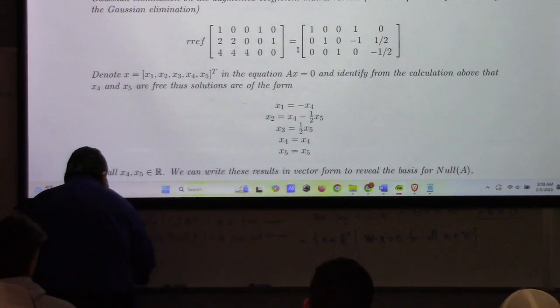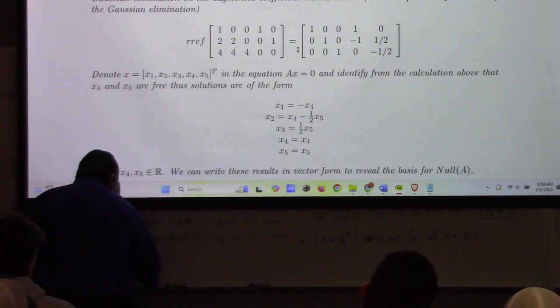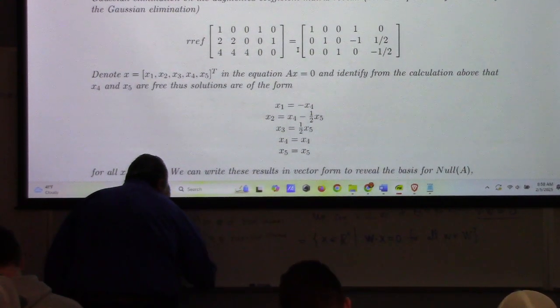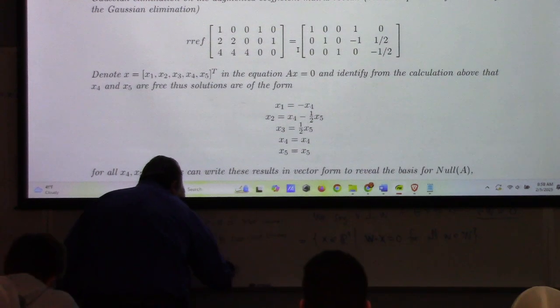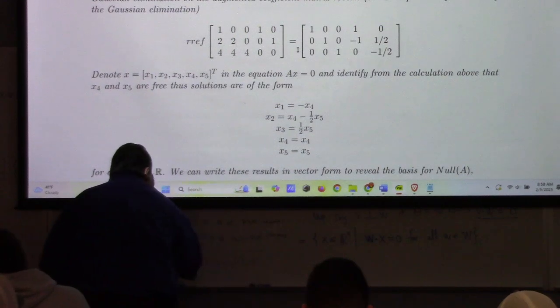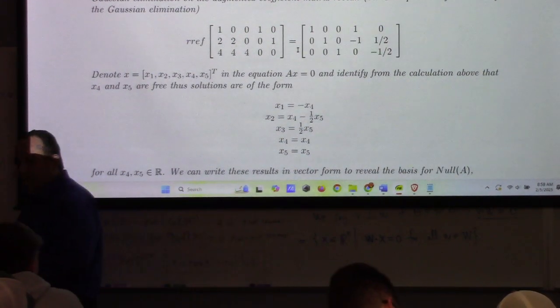And then finally, for A in R^(m by n), n equals the rank of A plus the nullity of A. This is the rank nullity theorem,